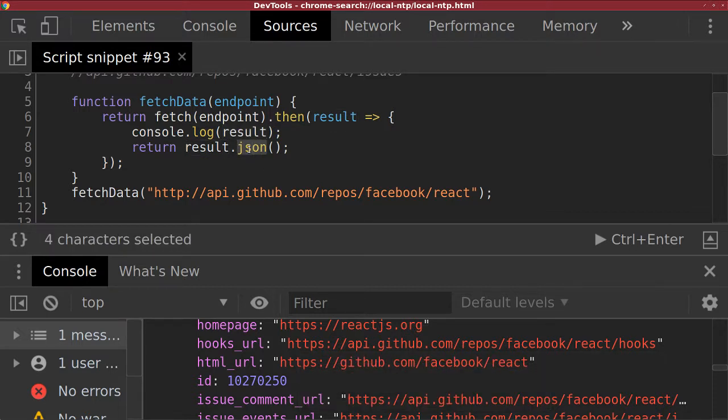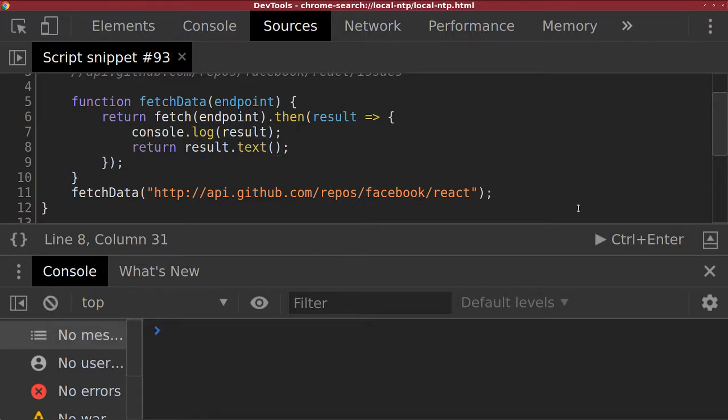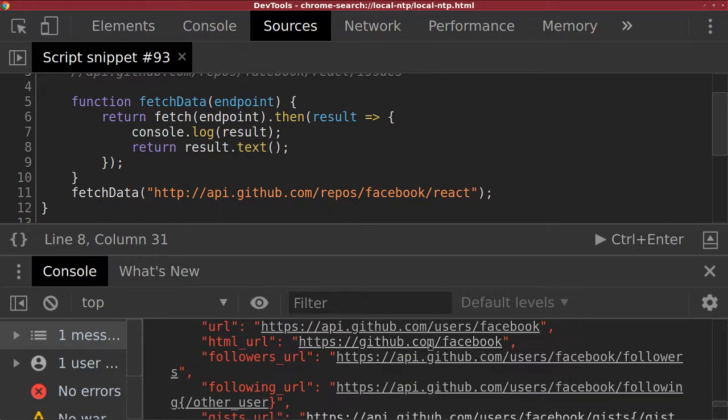So there are some other methods for handling the result that comes back. But JSON's by far the most common one that you'll see used. And generally when working with fetch, if we can, we send things as JSON data and we receive things as JSON, or we parse it as JSON when we get it at the other end. But there are a few other ones, right? If you wanted to just have it as text, if it was a very simple thing that you're exchanging, you could instead parse it as text, and therefore it would wrap